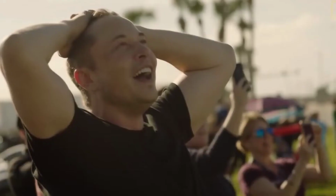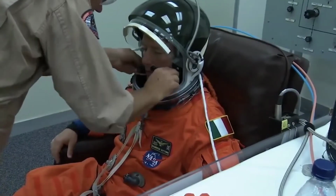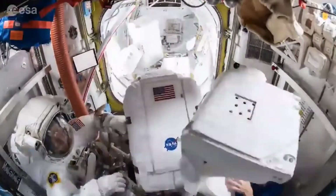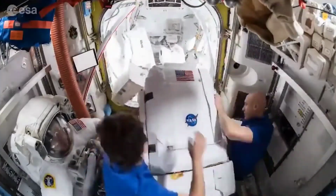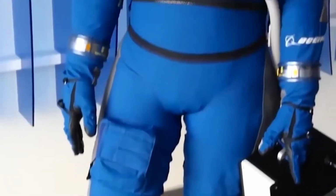In fact, the designer actually thought the costumes were for a film production about astronauts. Little did he know he would be setting the new standard for space fashion. The designer stated that he wanted the spacesuit to almost be like putting on a tuxedo, that it should make the person look better. The designer didn't even know what SpaceX was, let alone that he would be the one